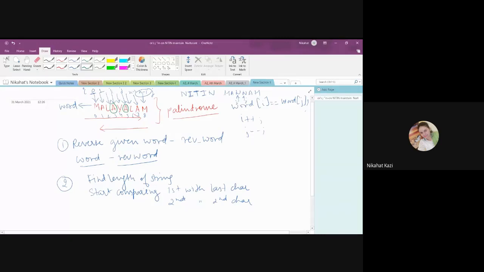In case of Hannah, here I need to stop the comparison. What is the condition? Again, I is less than J. I is here, J is here. Yes or no? 0, 1, 2, 3. It is less only. Okay. So I need to keep on running my loop while I is less than J. The loop continuation condition is while I is less than J. That's it. The moment it becomes equal to J, I stop